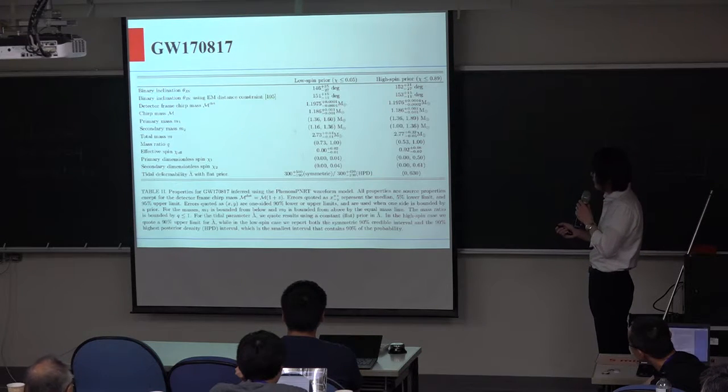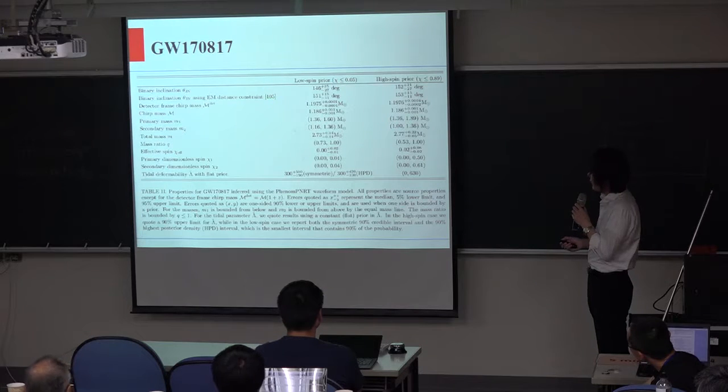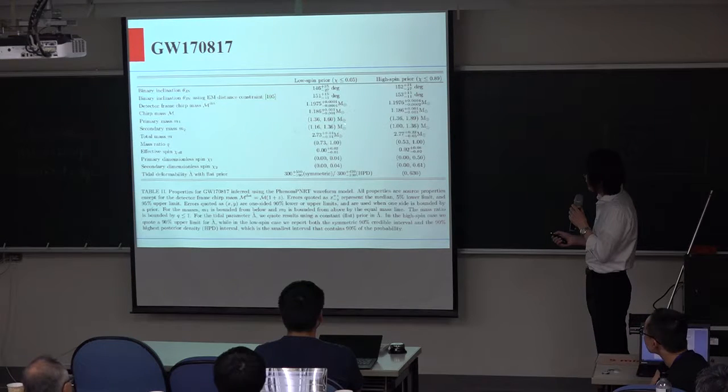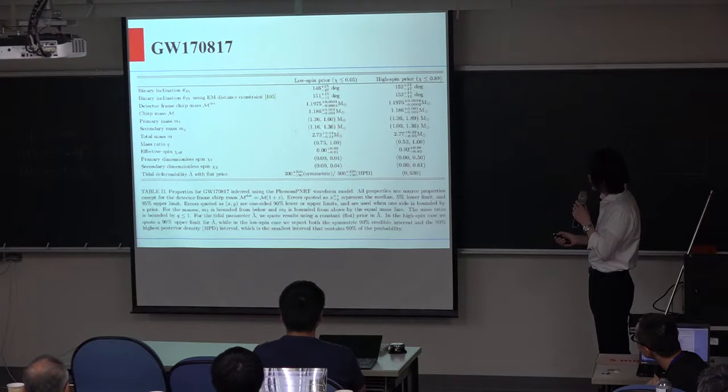So now it's time to compare our results with the observation. Up to now, there's only one gravitational wave observation of neutron star mergers, but it has already offered enough useful information. For example, we know they have a total mass of 2.73, and each of them is around 1.36 solar masses.